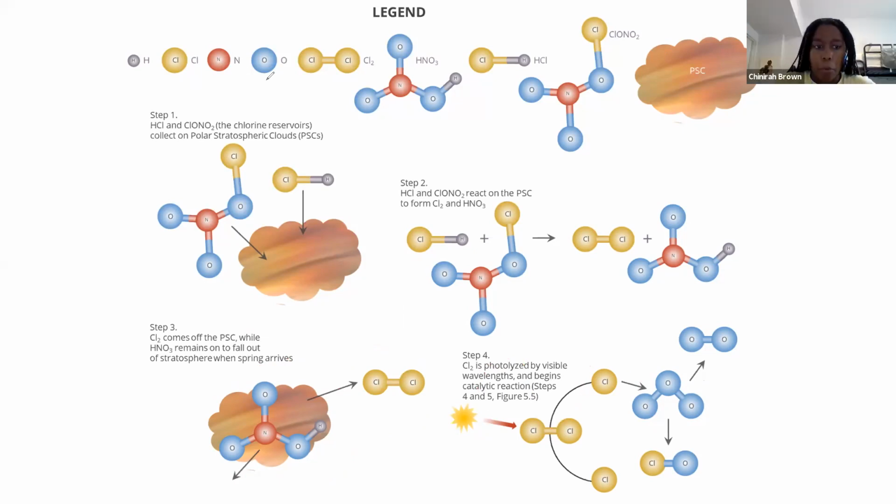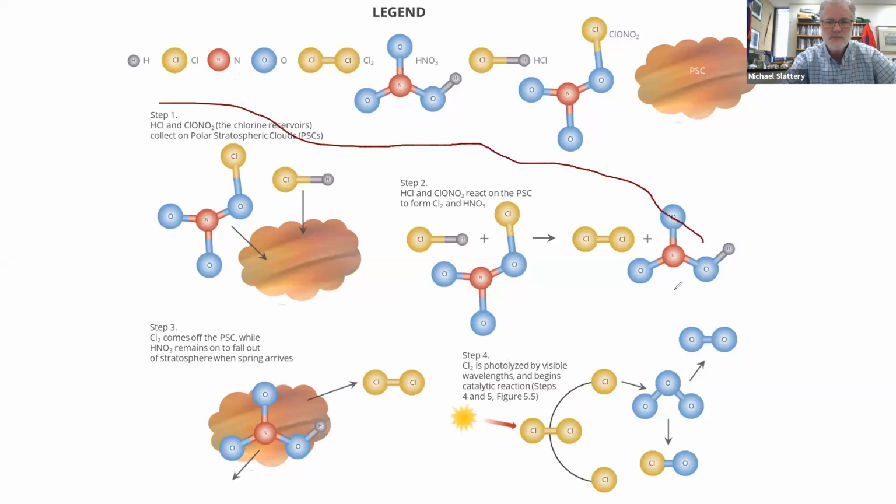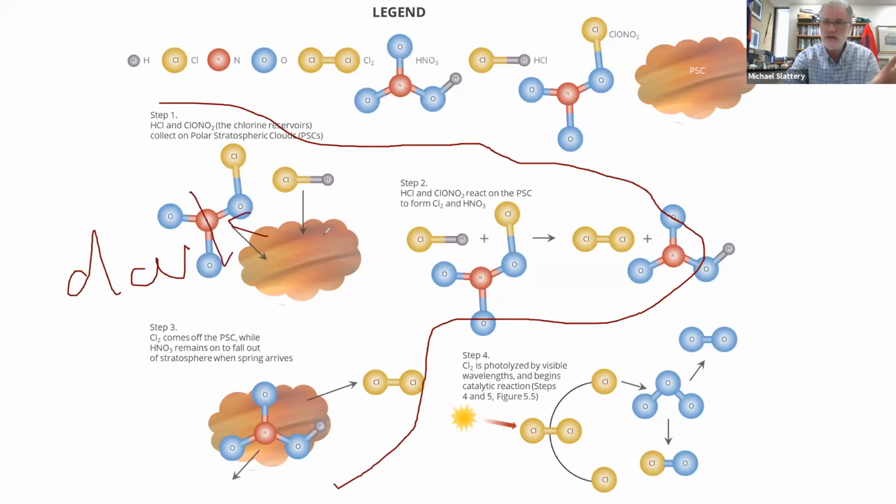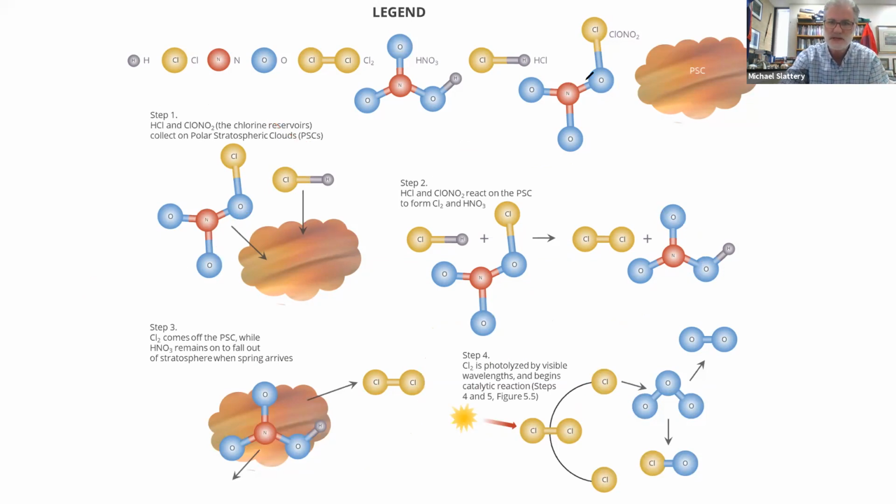Can you repeat step 4, please? Yeah, so step 4, I'm glad you asked that, Janira. Step 4 is the critical step here, right? Because all of these reactions, and let me just reiterate, I probably didn't say this. Let me just put the annotator on here for a second. So step 1, step 2, and step 3, all of these are referred to as dark reactions. They are all occurring in the dark. When the sun's down, the clouds are formed, and all of that stuff is reacting on the cloud.